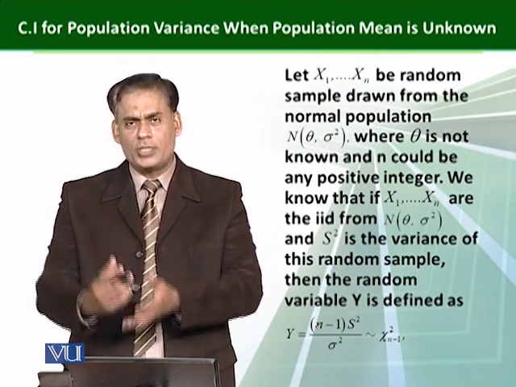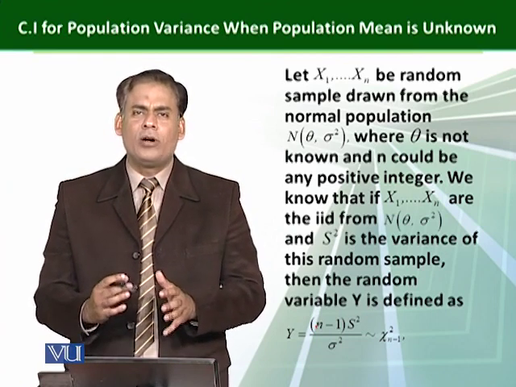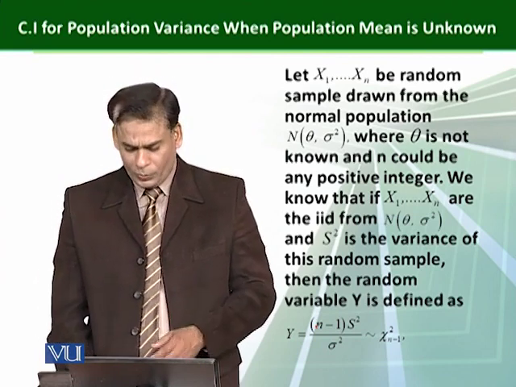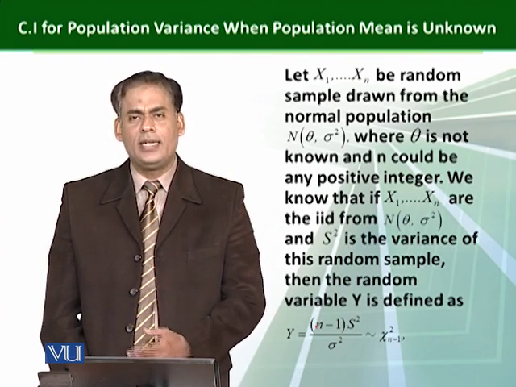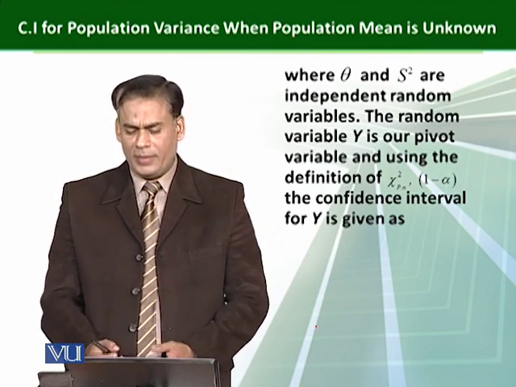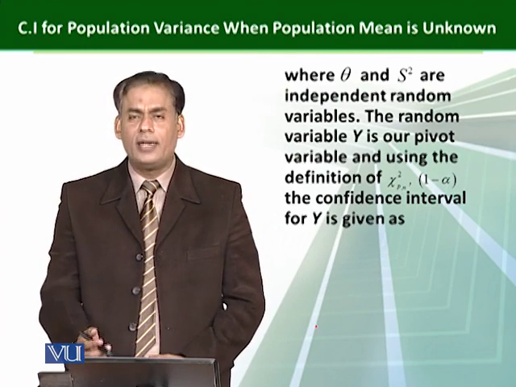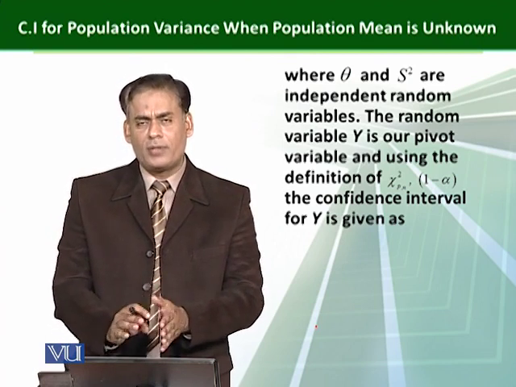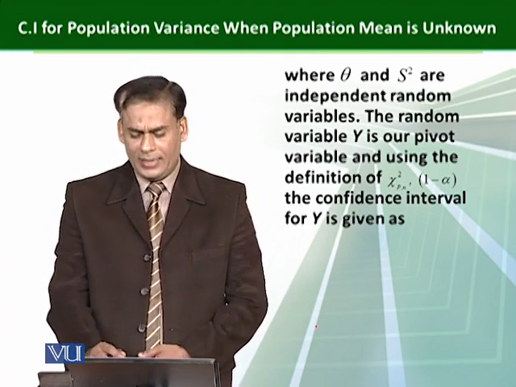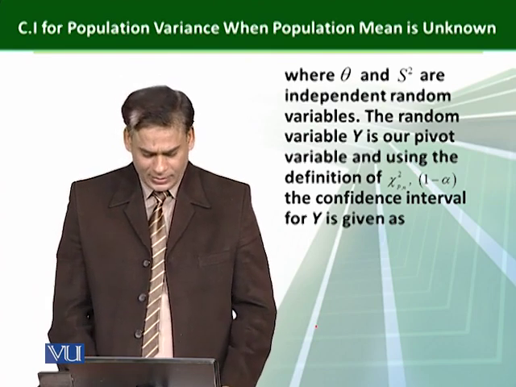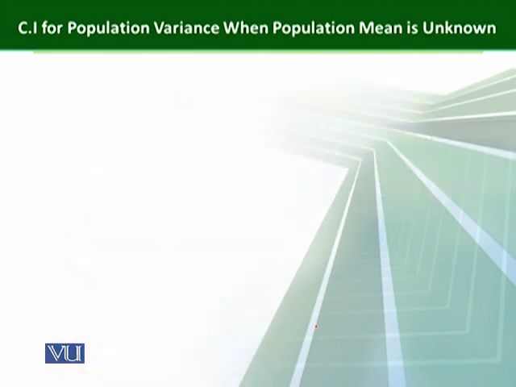We are going to use this result because we are going to construct the confidence interval for sigma square, and we do not know anything about the mean, so we consider the variable y, that is n minus 1 s square over sigma square. The condition I just mentioned is that theta and s square are independent. The random variable y plays the role of the pivotal random variable, and using the definition of the chi square, the 1 minus alpha confidence interval for y can be constructed as follows, because here it follows the chi square,